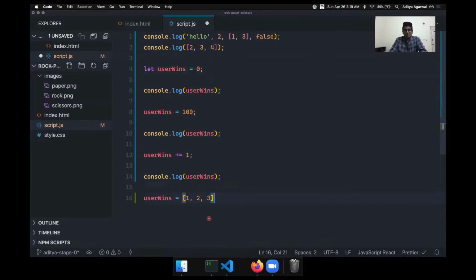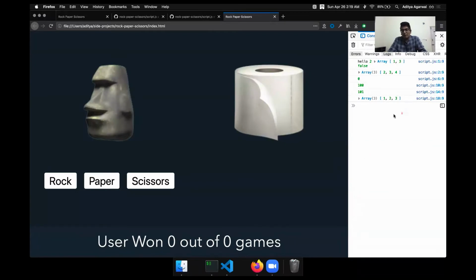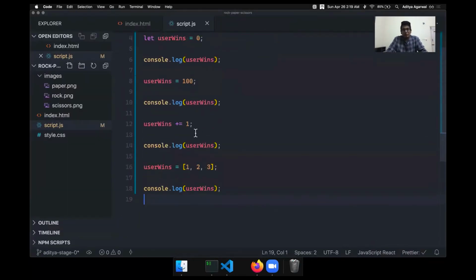In JavaScript, a variable does not always have to be of the same data type. You can change the values, but it is not recommended. If a variable is an array, you should keep it an array, because otherwise your application will become buggy. So as you can see, it is working fine. And so this is variables in JavaScript.